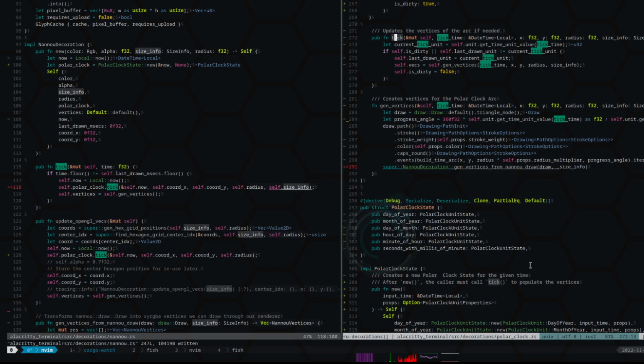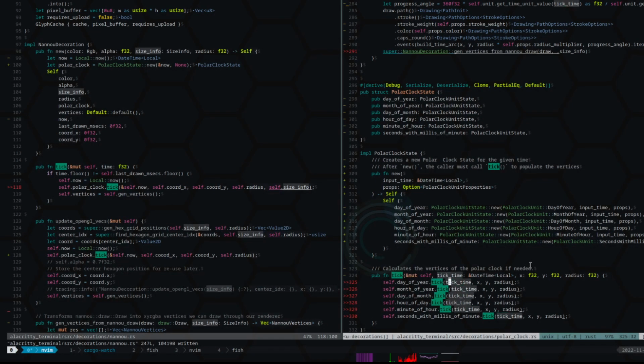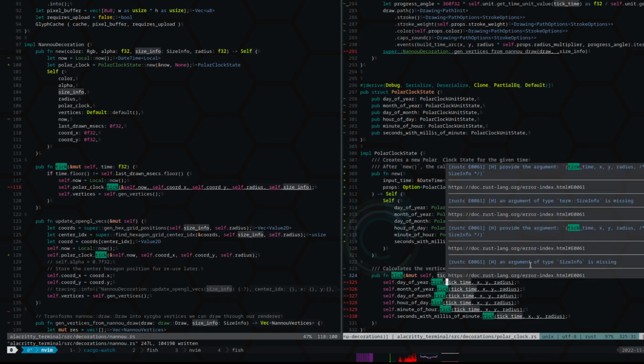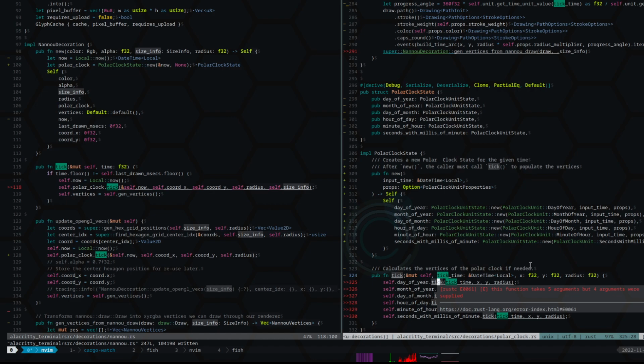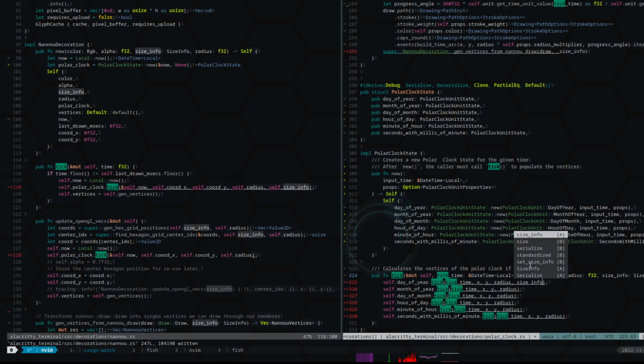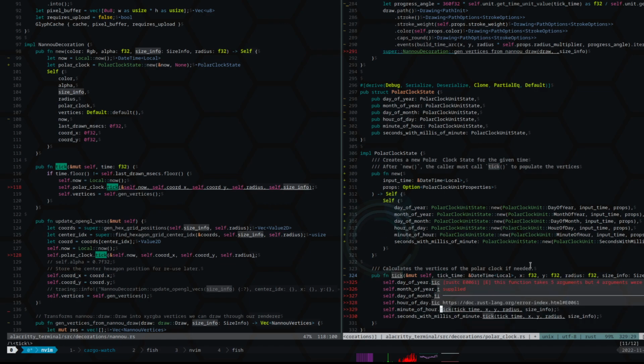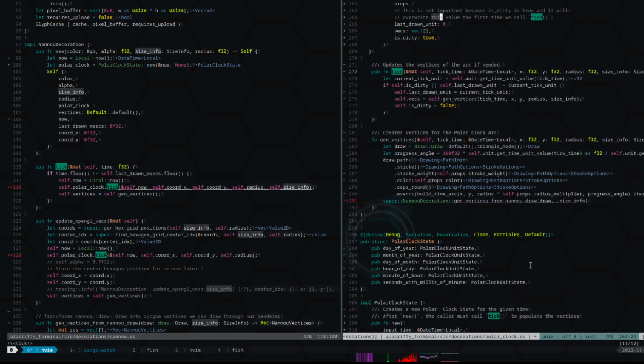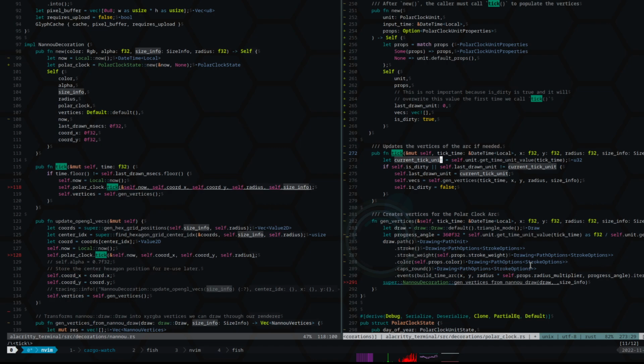And now when we get the tick of the polar clock, we're gonna need to tick type arguments. Size info is of type size info, and size info here, and then dot to replay, dot to replay, dot to replay. So when we go for the hour of day, tick. So what we're saying here is that depending on the type of day, we may need to tick